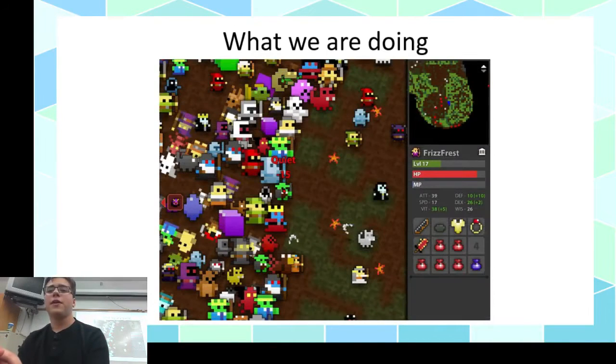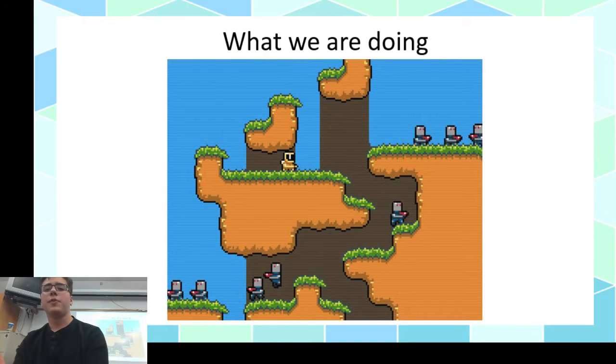If you know Realm of the Mad God, this is something that's within our range, something kind of like a 2D game. There's a lot of interesting things to do in Realm of the Mad God. I don't know if you ever played it. Also, I'm hoping at some point to get into the side-scroller stuff, so physics engines as well as a graphics engine, because you need gravity and stuff.